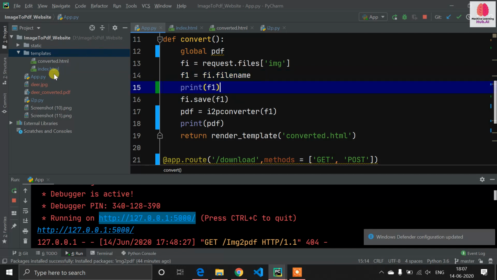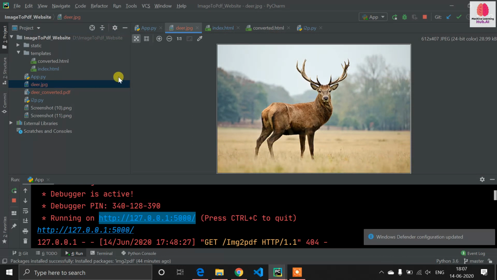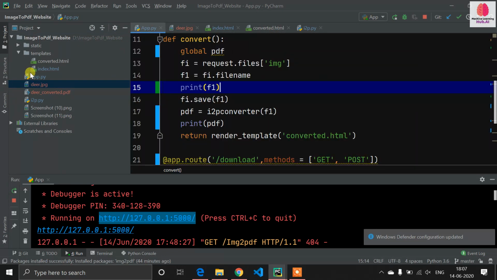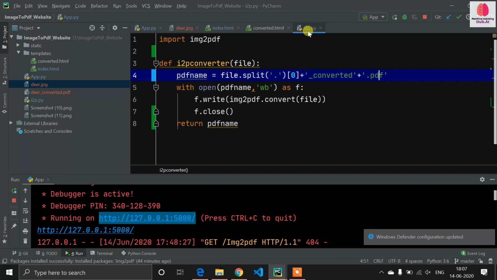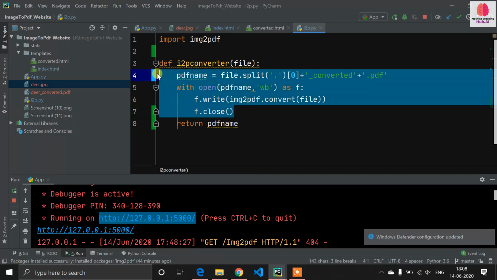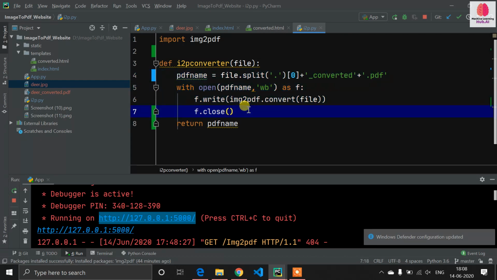In the last example we uploaded dir.jpg, and dir.jpg is stored in this directory automatically when the user uploads the image. So with this file name f1 we give our image to our PDF function. Now it will generate the PDF file, and our PDF file is generated.